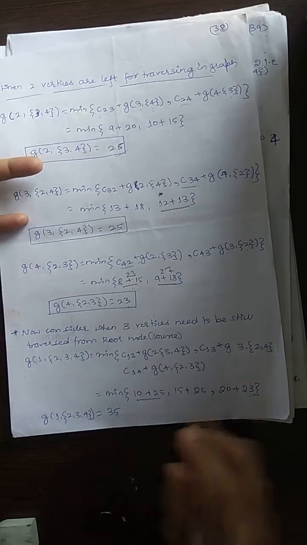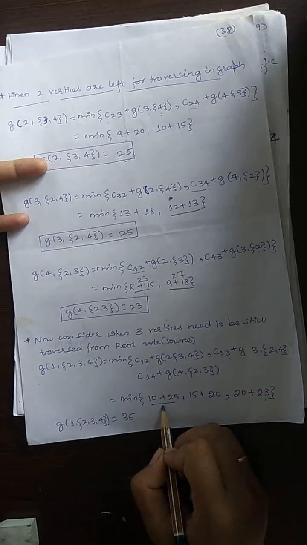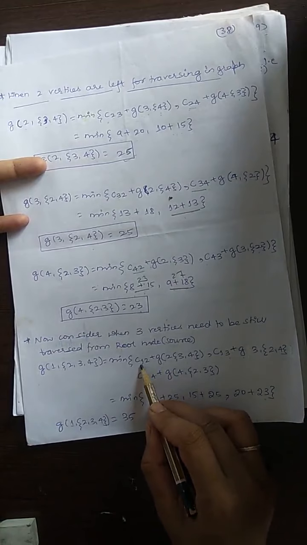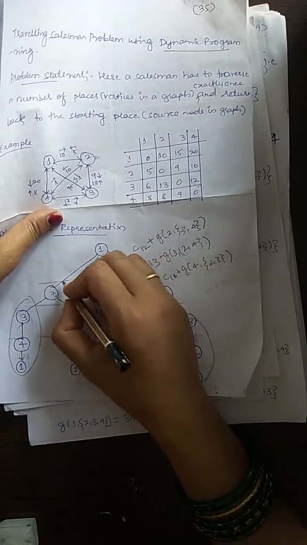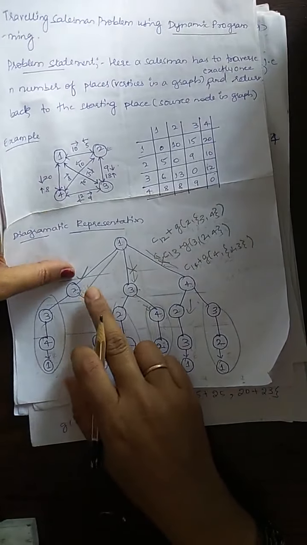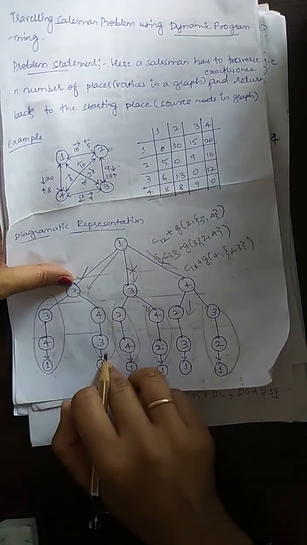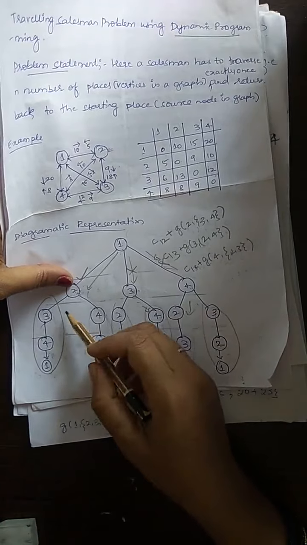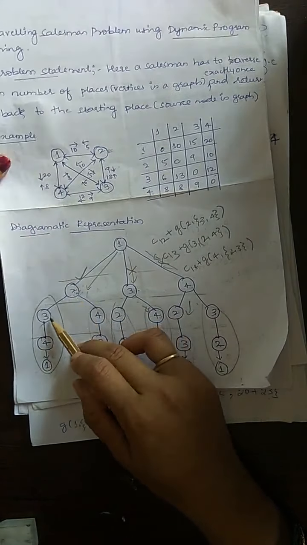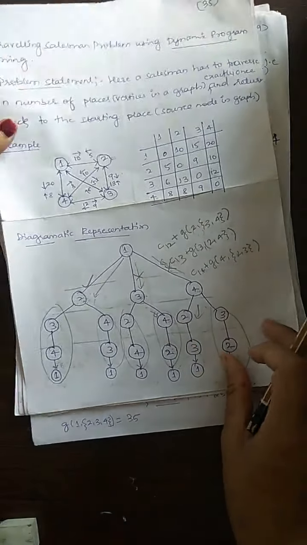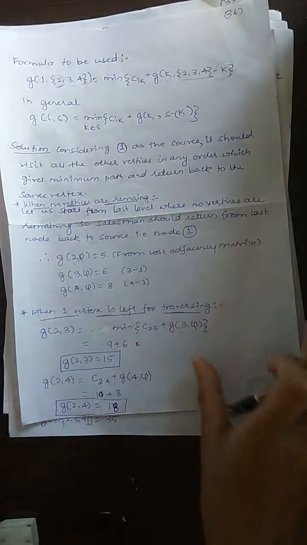So the minimum cost is 35. Where did I get 35 from? I got 35 from the first term, that is from 1 to 2. Now it is fixed that from 1 I have to go to 2. So from 2, we have already found these two: 2 to 3 to 4 or 4 to 3. Which is minimum of that one? When 2 vertices are remaining, this is when 1 vertex is remaining.